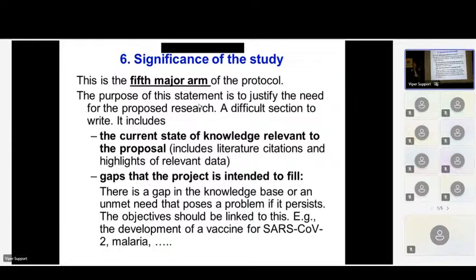That's why we're finding a vaccine for it. Or if SARS-CoV-2 infection is there, and we don't have any drugs, that's why we're finding a messenger RNA vaccine for this one. So that way you can make a statement, a 5-line statement giving what is existing, what is not existing, which you are going to fill the gap. That is the only few lines for writing the significance of result: the gaps that the project is intended to fill.